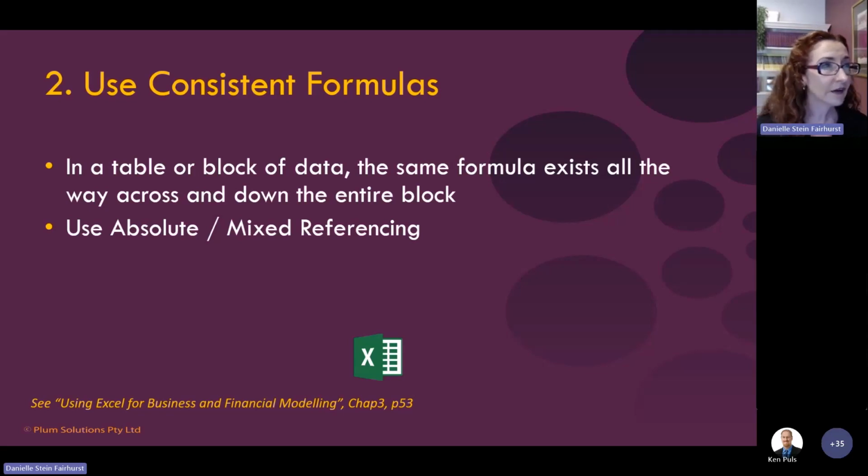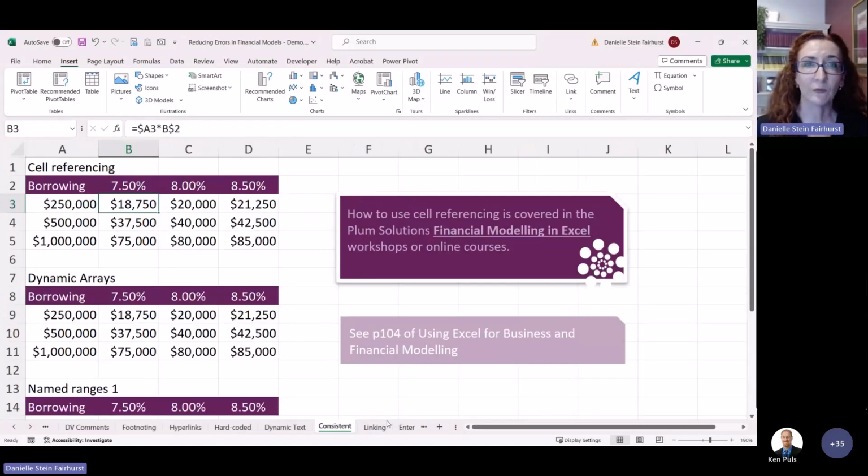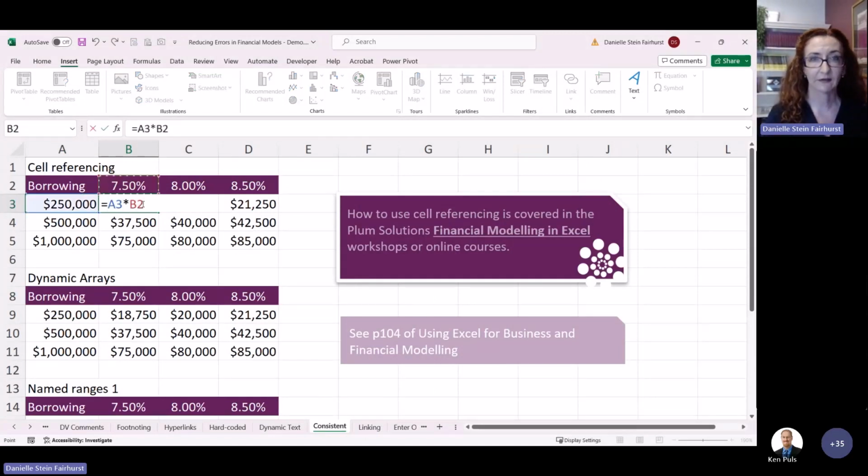And I can't tell you, it's so simple, but what I see a lot of people do is when they're building a formula and they go like this, they go like that, and then they go like this, and maybe they'll anchor it one way but not the other, and they're having to sort of rebuild the formula. So using something like this, where the dollar sign goes in front of the row or the dollar sign goes in front of the column. I'm sure you guys have used this before, but it's amazing how many people aren't actually using it when they